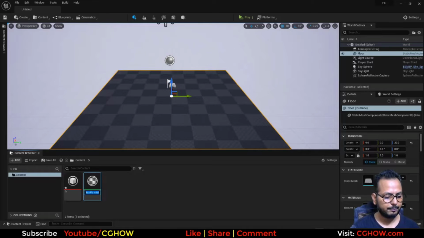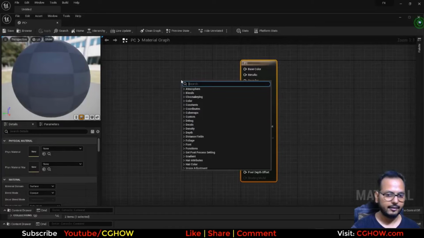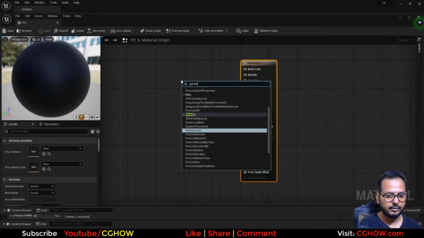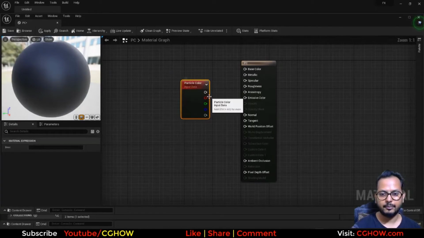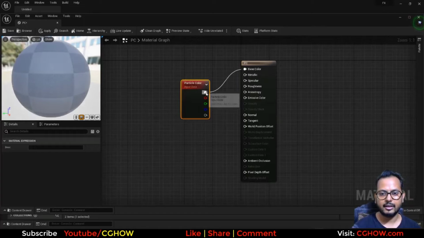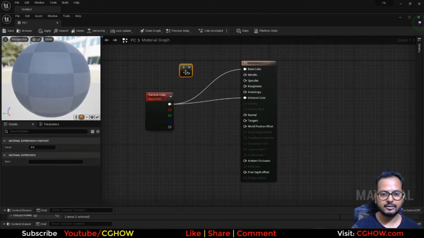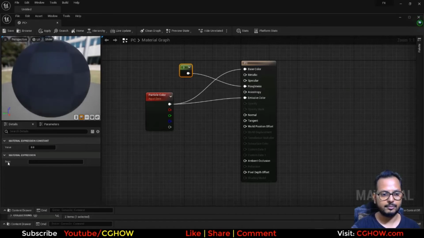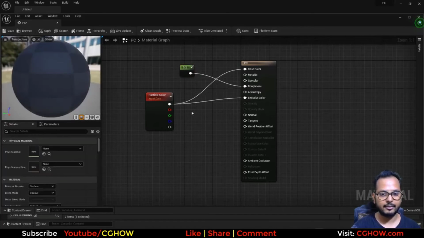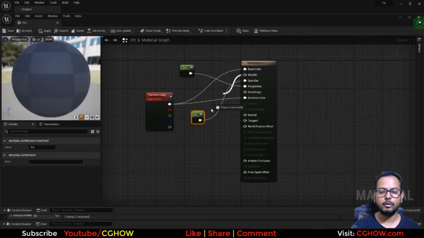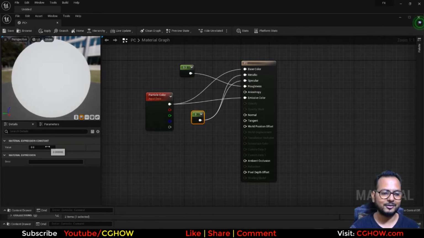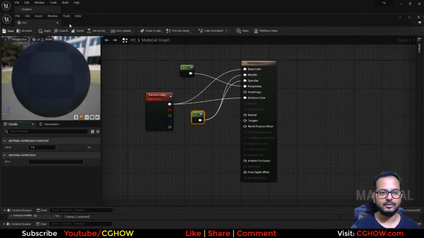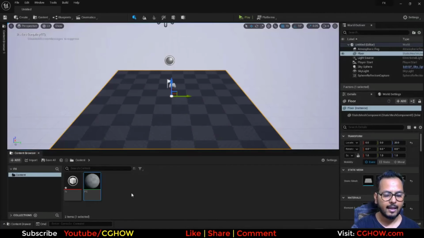This will be PC, meaning particle color only, and I will take the particle color into my base color and emissive, and let's make roughness 0.2, which is not required for this tutorial, I'm just doing it. Okay, so this is my basic material and this is my fountain, and